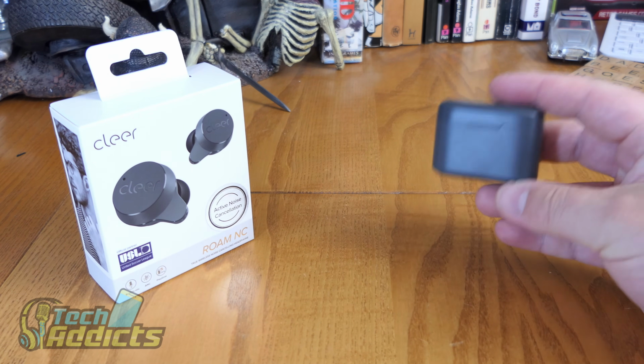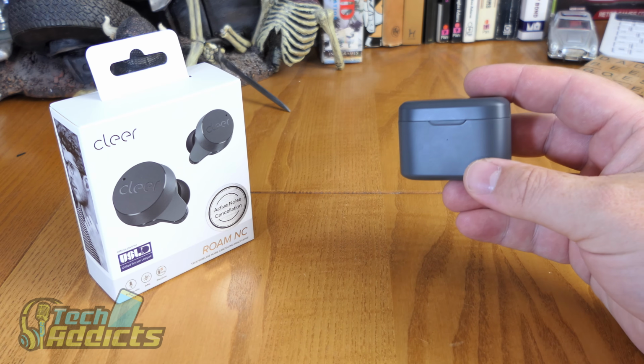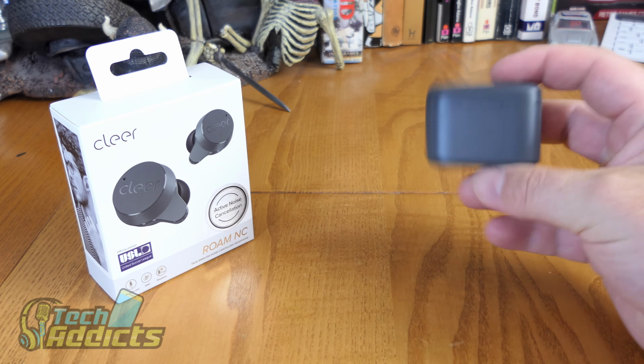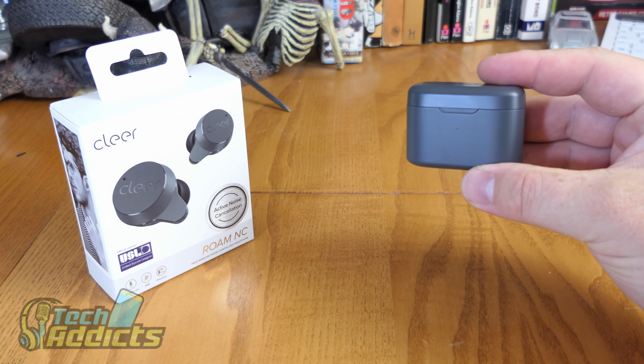Okay, so it's actually been 24 hours since I unboxed these yesterday. Oh, yes. And I am really quite impressed with them. Yes, they are pre-release and there is some tinkering that needs to be done to these in order to get them absolutely rock solid. For example...